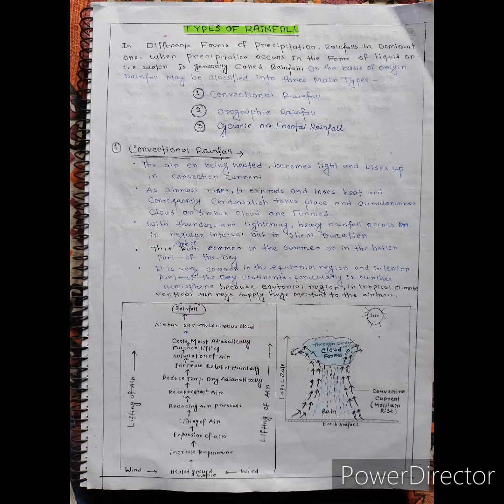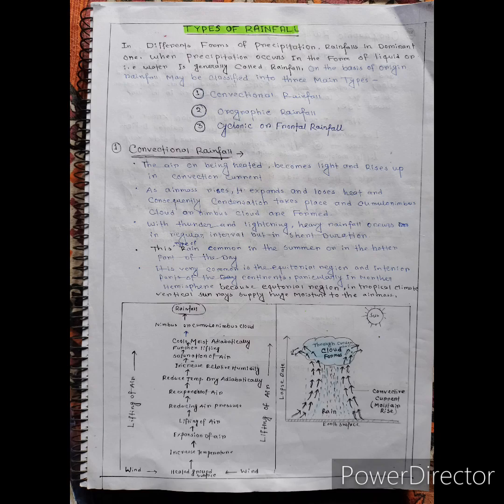The ideal weather condition is summer season, and the ideal location is equatorial regions, because we know that the equatorial regions receive the sun's rays throughout the year. And if you go a little further, convectional rain is very common in the interior part of the continent, because land surface heats faster than water surface, and particularly the rainfall mostly takes place in the northern hemisphere,